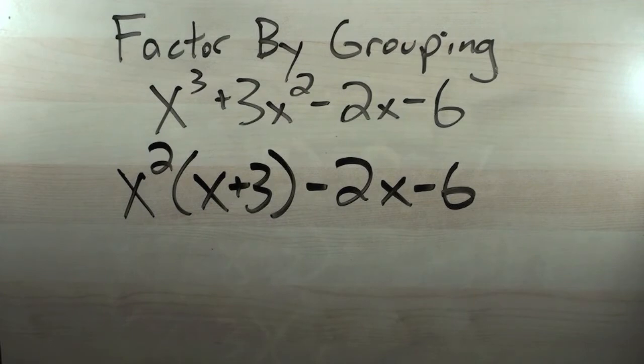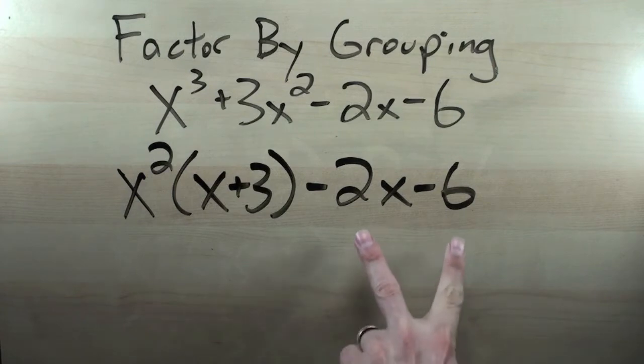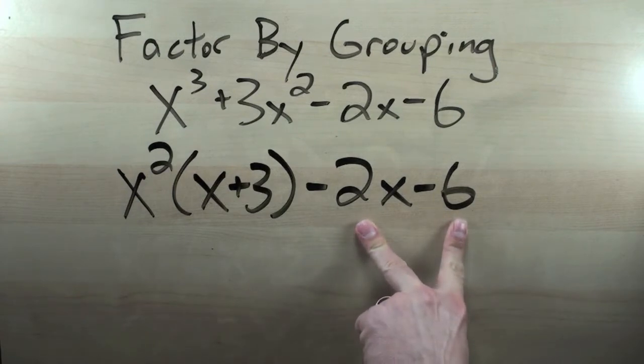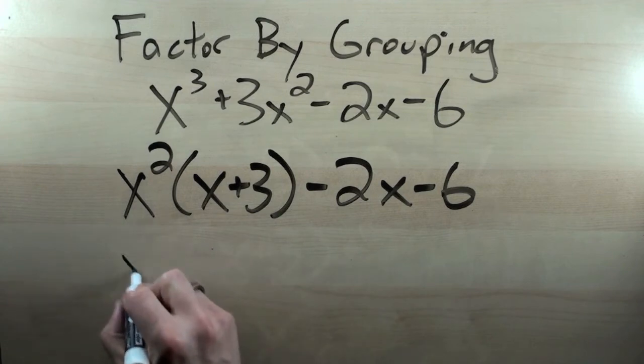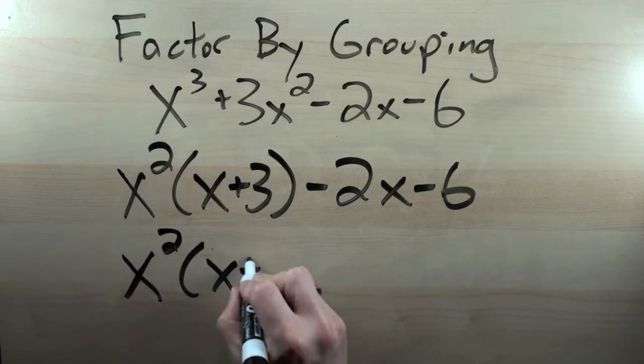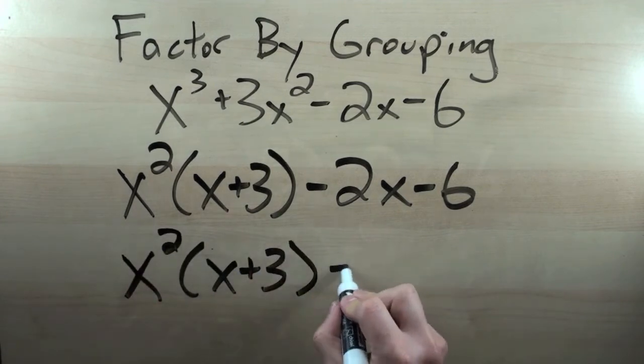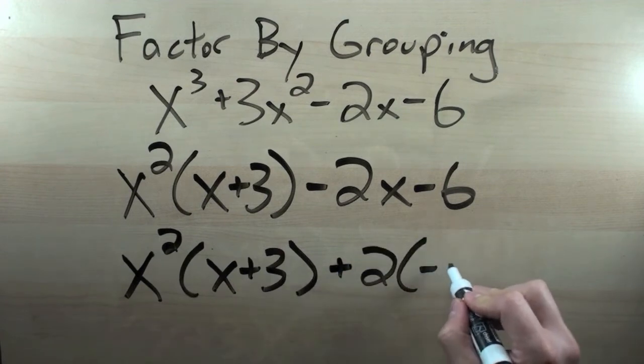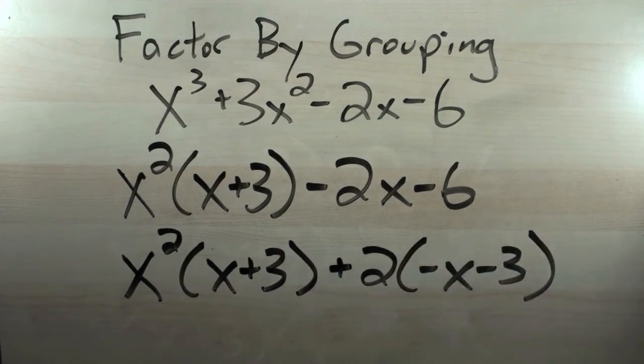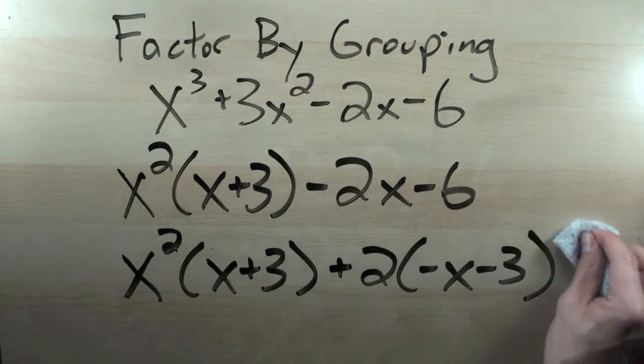Now we look at the greatest common factor of the second two terms, and we factor that out. Well, notice, if we just factor out a 2, what's going to happen? We'll get x squared times x plus 3 plus 2 times negative x minus 3. And our factors here don't actually match, which means we won't be able to factor out a common factor in the next step. However, if instead of factoring out a 2, we factor out a -2,